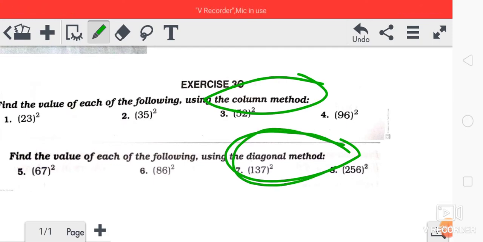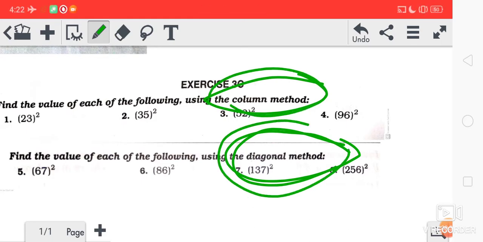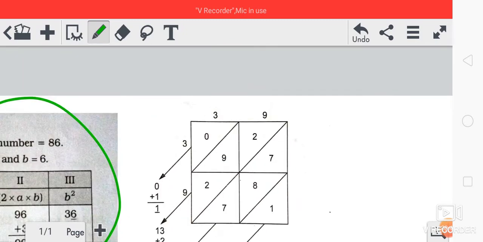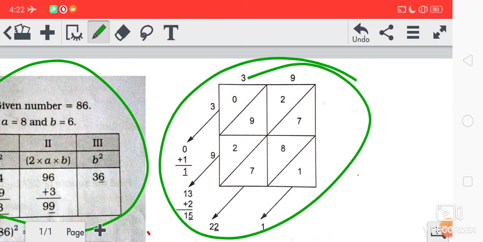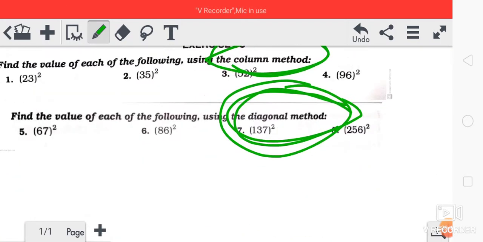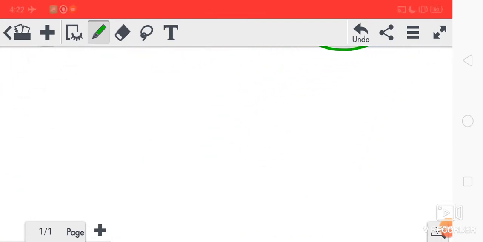Yesterday we found the square with the column method; today we'll do it with the diagonal method. It's very easy, no need to panic. You just have to follow the procedure for how to solve.